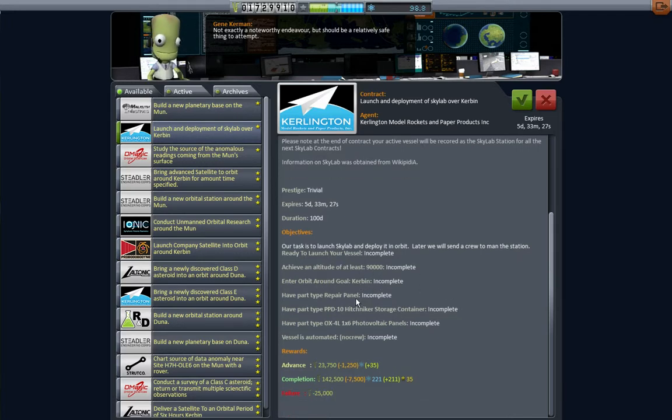I need a repair panel. I need a hitchhiker storage container. I need the cheap 1x6 photovoltaic panels, and I need to have it probe core driven, and that's quite a bit of money. So it's about 160,000 I'd be getting, and around 221 science, which is not enough for what I need, but